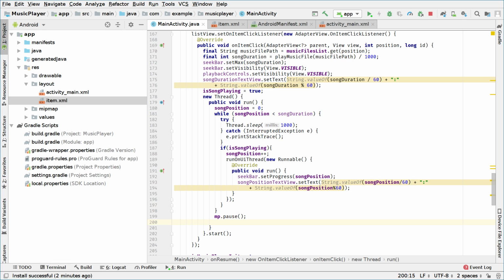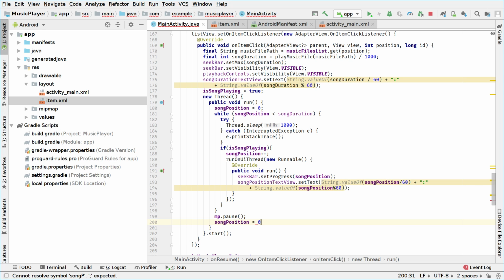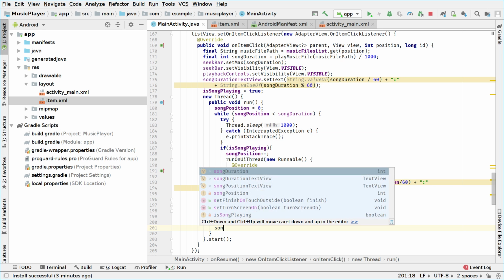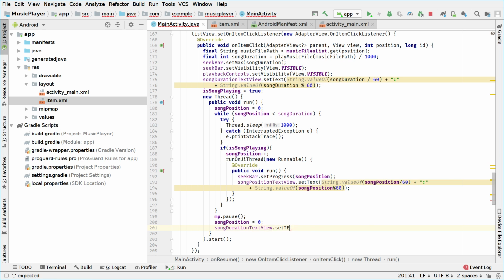So we'll set song position. Song position will be set to 0. Okay, that's the first thing. Then we will change the position text view, so we can say song position text view that set text, and we can hard code the 0 right here because it's easier. So we set text to 0,